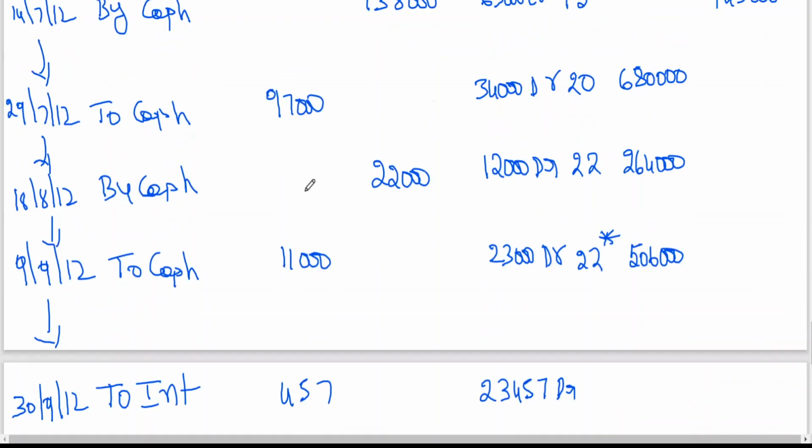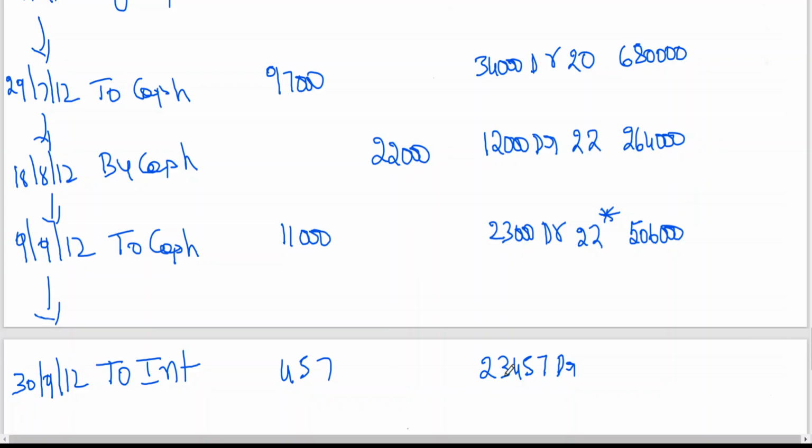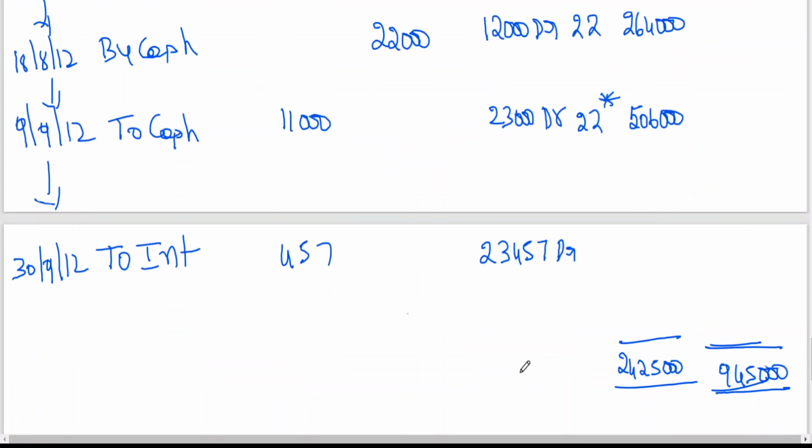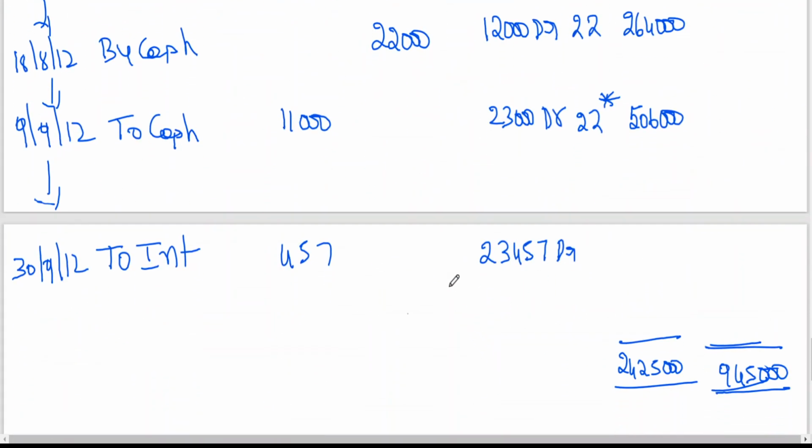This is debit, this is debit. Where you have written here, in the debit column, no? This is debit, this is debit. That is why, which is more? Interest, the balance is more. Okay. So, this is a debit balance, and if the interest is credit, then what happens? The debit balance will come down, because whenever there is a credit, the debit balance will come down. If there is a debit on a debit balance, the debit balance will increase. If there is a credit on a credit balance, it increases. If there is a debit on a credit balance, it decreases. Simple. Credit is deposit, debit is withdrawal.